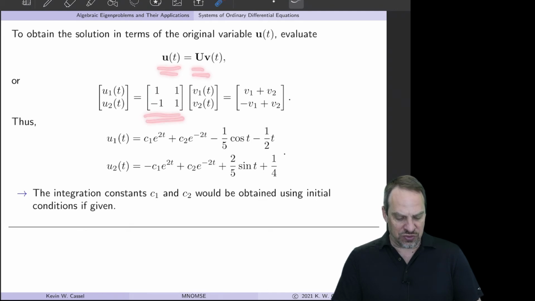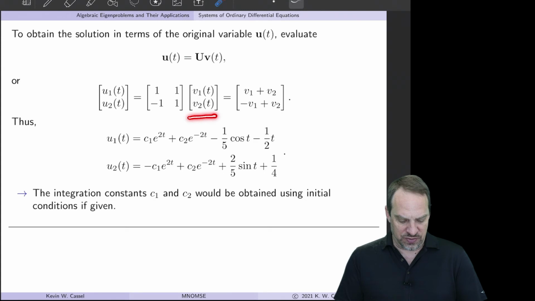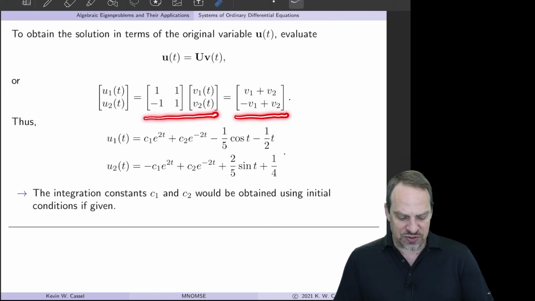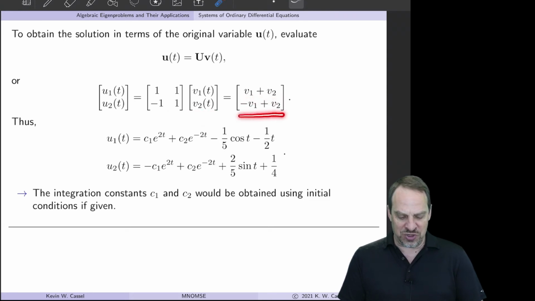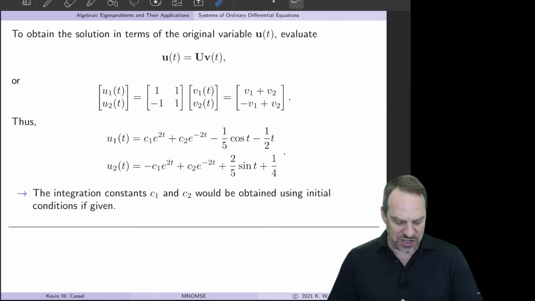And so that's equal to our 2 by 1 vector u. So here's u is equal to the modal matrix times our v vector. And so when I do this multiplication, the 2 by 2 matrix times the 2 by 1 vector v, I get these expressions. So it's a 2 by 1 vector, v1 plus v2, and minus v1 minus v2. I know what those are, I just haven't put them in yet. When I do, I get that u1 is equal to c1 e to the 2t plus c2 e to the minus 2t. So you'll notice I get the sum of both complementary solutions plus a combination of the two particular solutions,